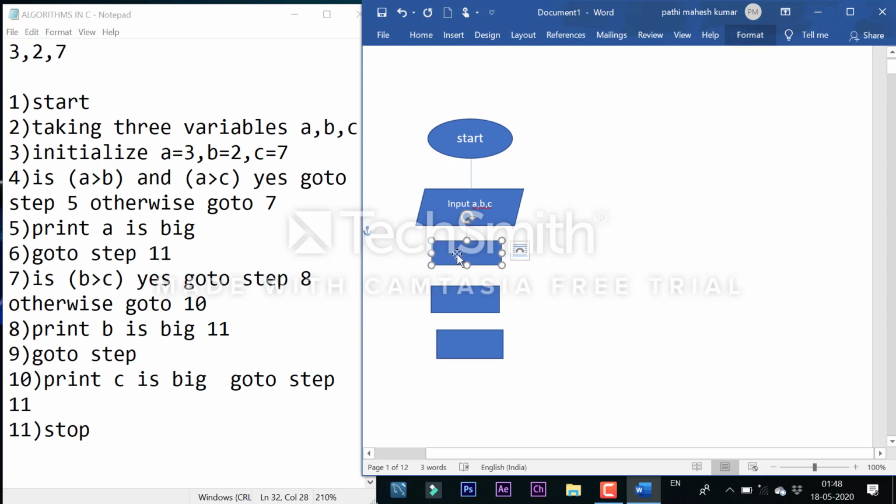So firstly, what we done? A equal to 3, and second B equal to 2, and third one is C equal to 7. Here B is small letter.